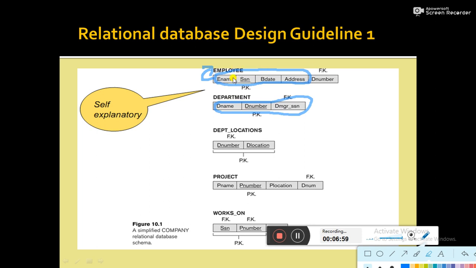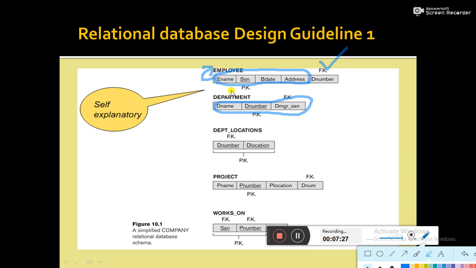So to establish a relationship, we have to use the foreign key, which I have already discussed in my previous lecture. So with the help of foreign key, we can establish a relationship between employee and department. So D number, which is the primary key of department, is included into the employee entity set, and it becomes a foreign key. So with the help of the foreign key department number, we will be able to establish a link between